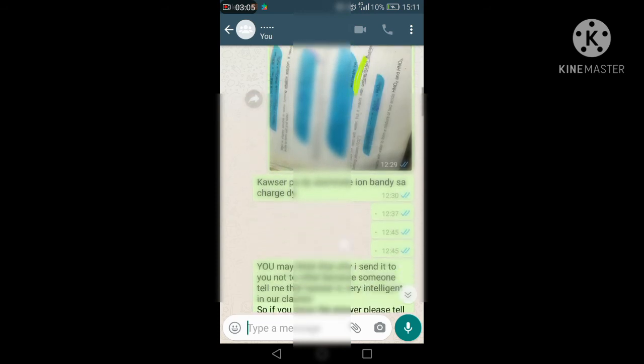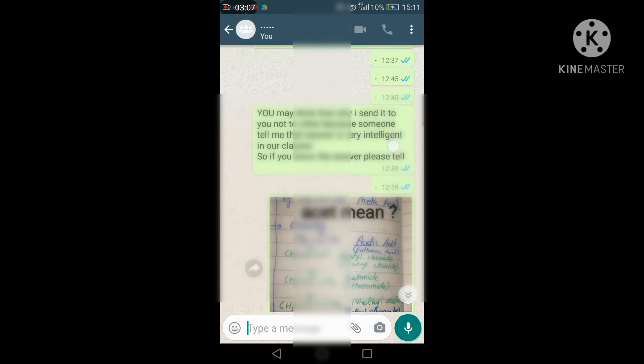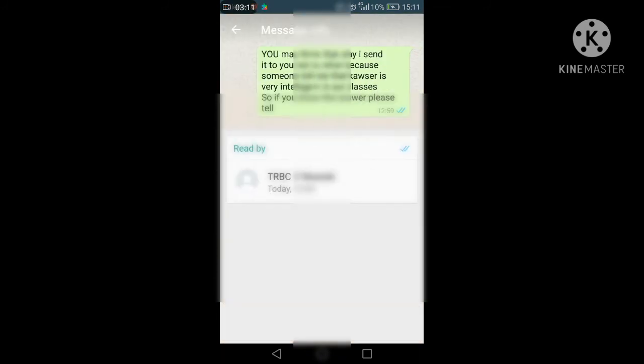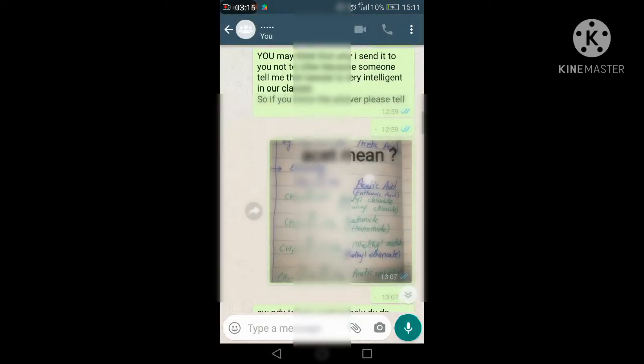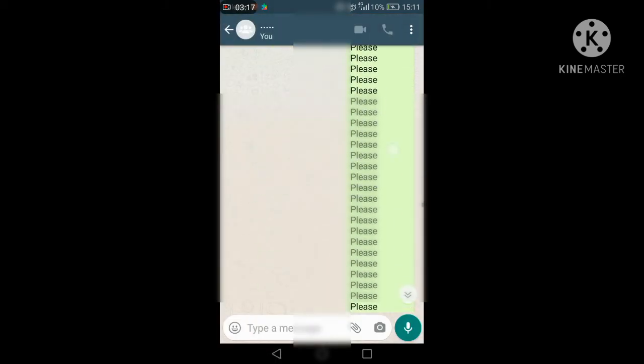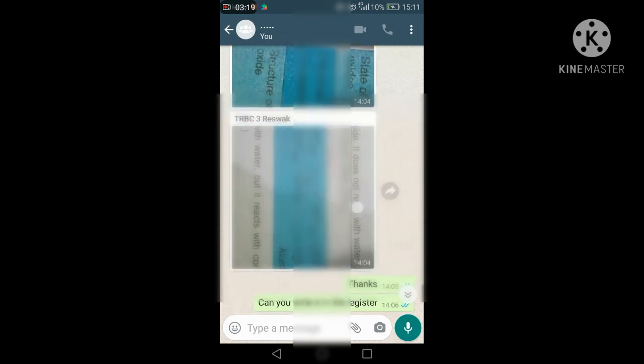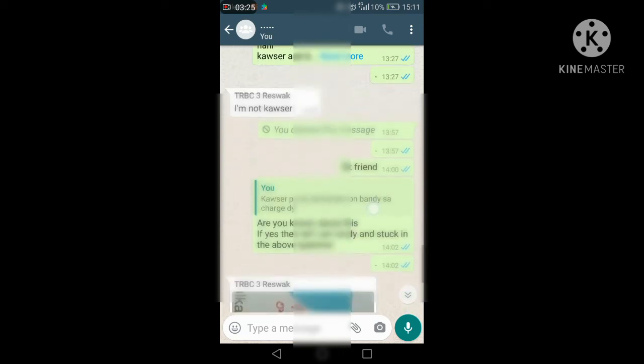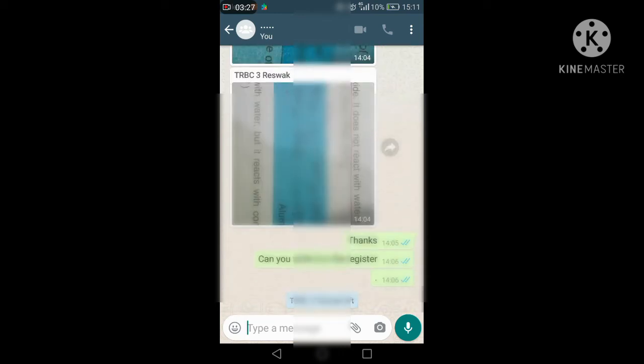So I sent a message here, and that person has read the message and it is delivered. This message is read by this person. So in this group I can send messages to them and they can chat with me. After that he chatted with me, and now if he doesn't want to chat more, he can leave the group and I cannot chat with him.